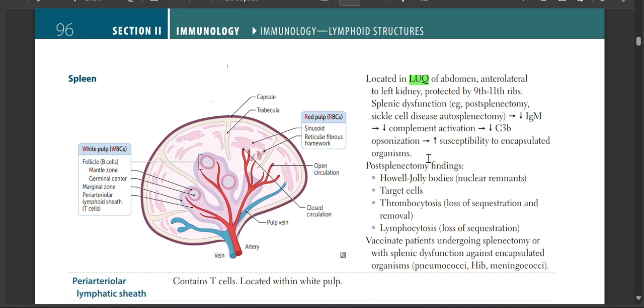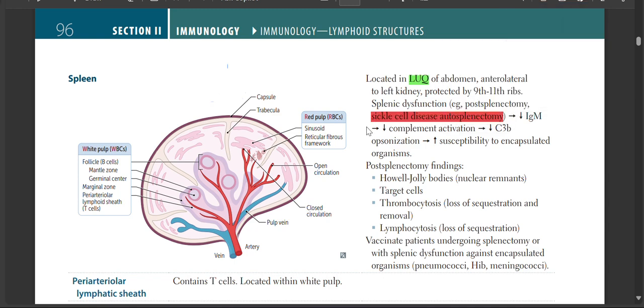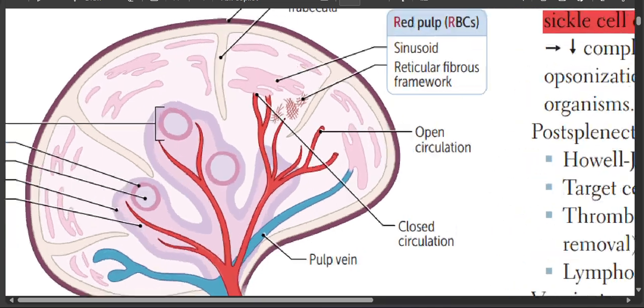So that's the problems that you can face with a splenic dysfunction. Now, one thing that they've mentioned here, and this is pretty important, is that patients with sickle cell disease can develop something called autosplenectomy. That means the body itself just removes the spleen. Now, why does this happen? If we zoom in,